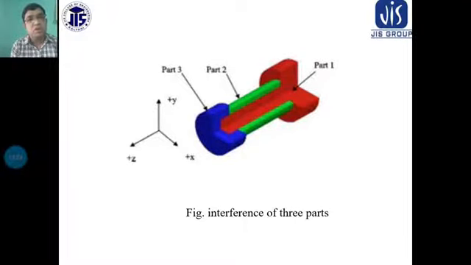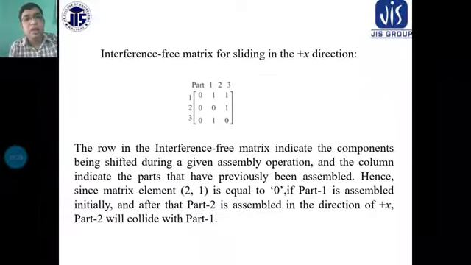That means you have to use the assembly conditions. The interference free matrix for sliding in the plus x direction will be considered. That means the parts 1, 2, 3, horizontally and vertically, a three by three square matrix you can see. The first row we can write as 0 0 0, and the second column is 0 1, and the third column is 0. The row in the interference free matrix indicates the components being shifted during a given assembly